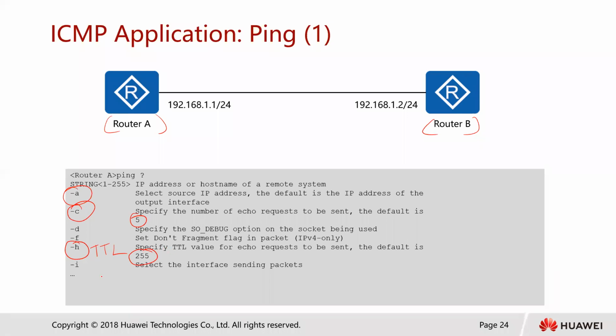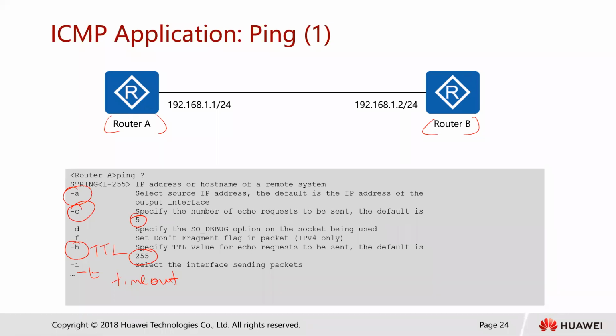And we also have another one, the minus T. The minus T is the timeout, right? It is called the timeout, and this specifies the timeout period of waiting for an echo reply after we have sent our ping. So just in case I wanted to check and see if I can reach